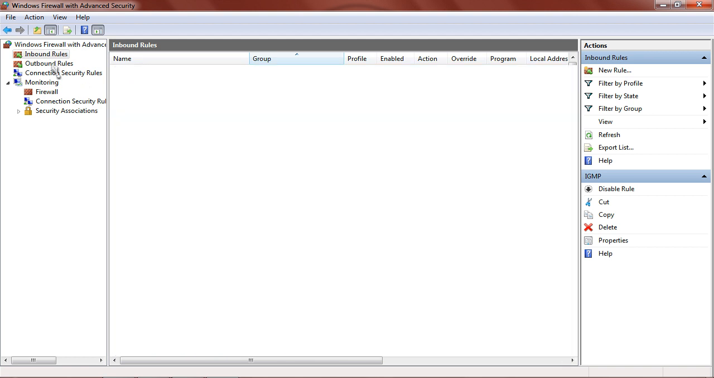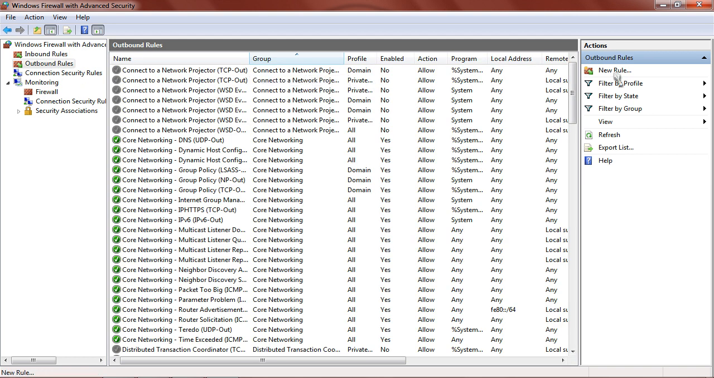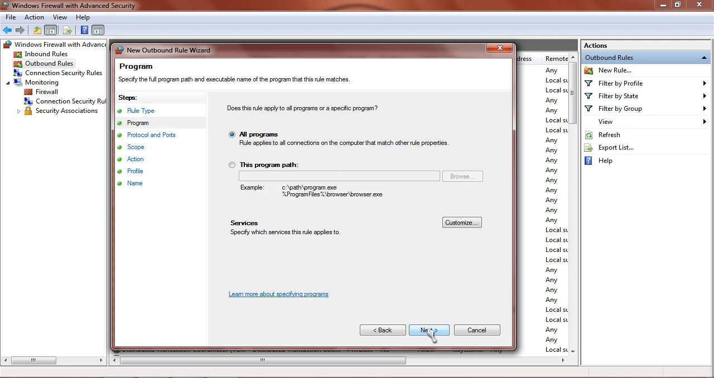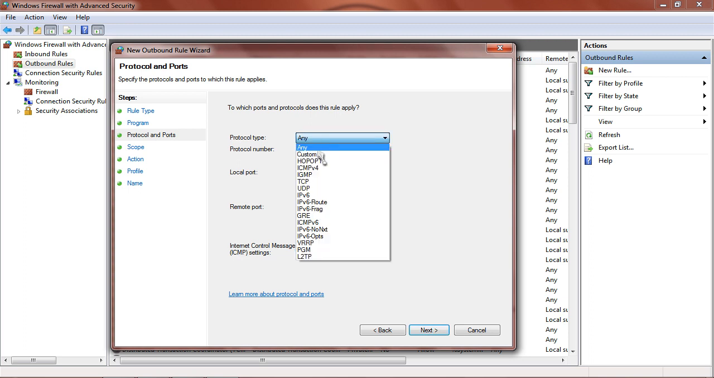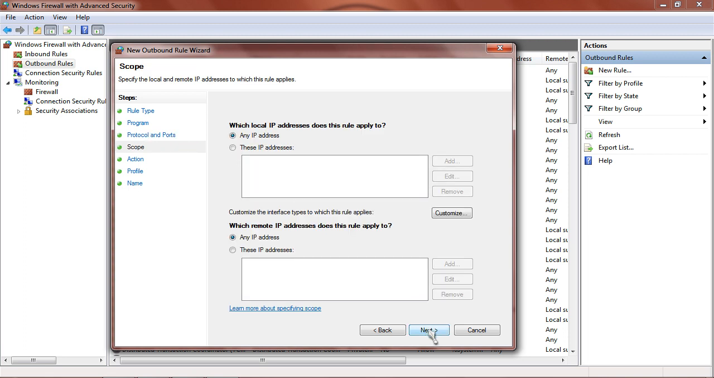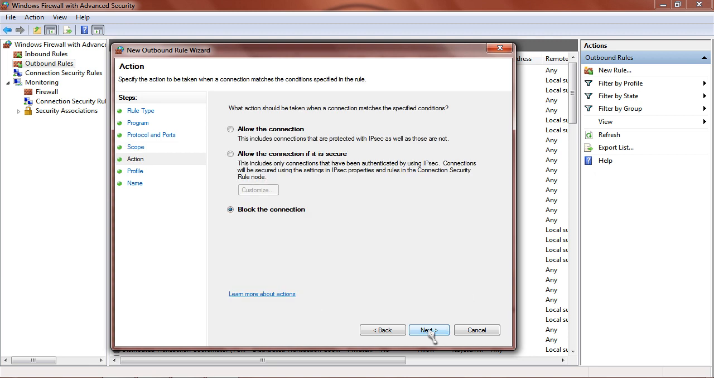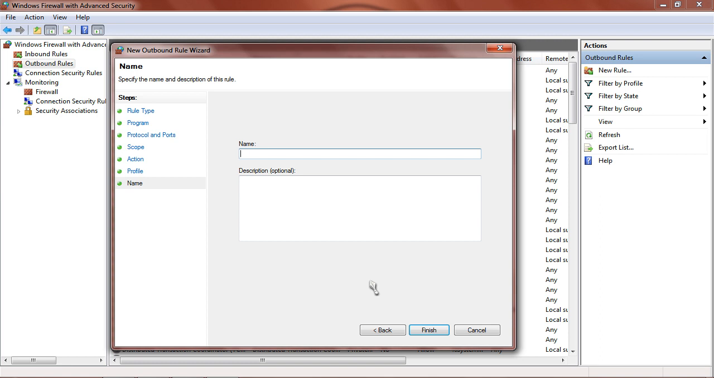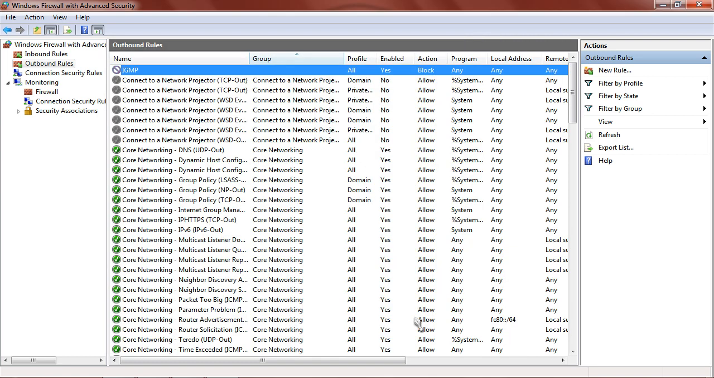And we will select outbound rules. We will select new rule. We will go down to custom. Next. All programs. Protocol type. IGMP. Next. IP addresses it applies to. All. Next. We want to block it. Next. Windows Firewall profiles it applies to. All. Next. Name. IGMP. And finish. Now we have effectively blocked Internet Group Management Protocol from either calling out of our computer, or